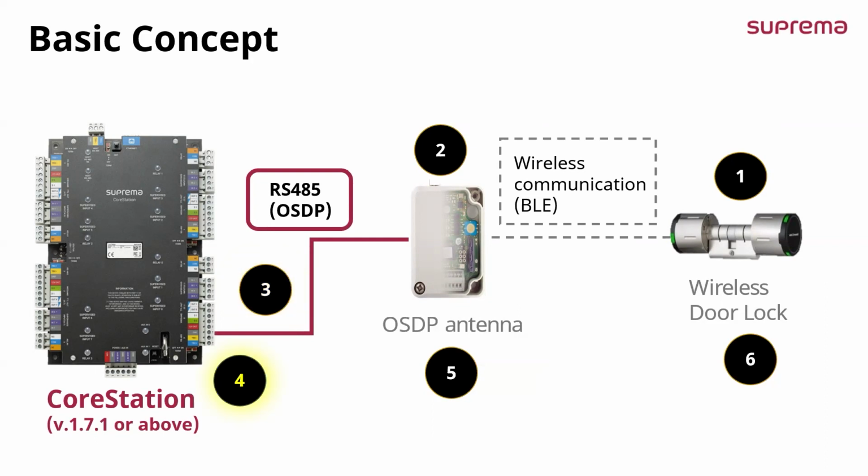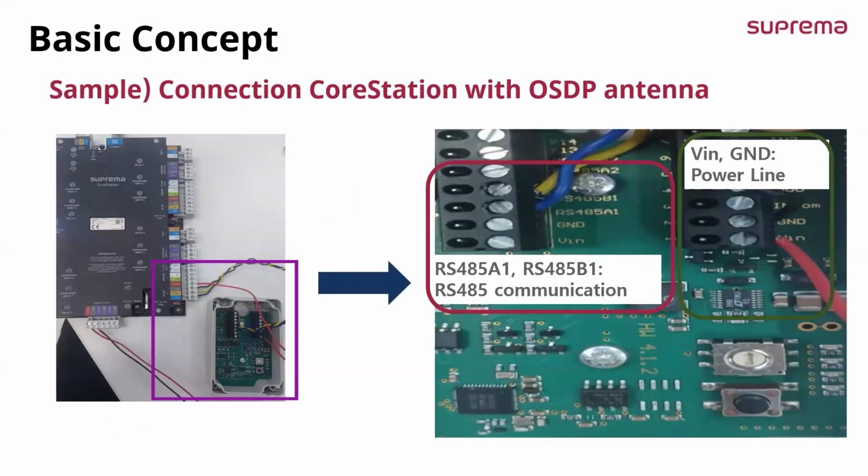Fourth, CoreStation compares the received card data with the card data stored in it and sends the result to the OSDP antenna via OSDP. Fifth, the OSDP antenna sends the results to the wireless door lock via wireless communication. And lastly, the wireless door lock displays either a green LED or red LED depending on the results from CoreStation. When you connect the OSDP antenna with CoreStation, you need to use the port